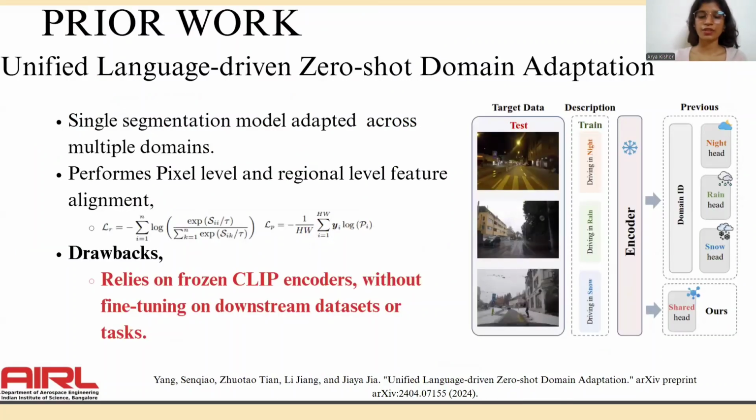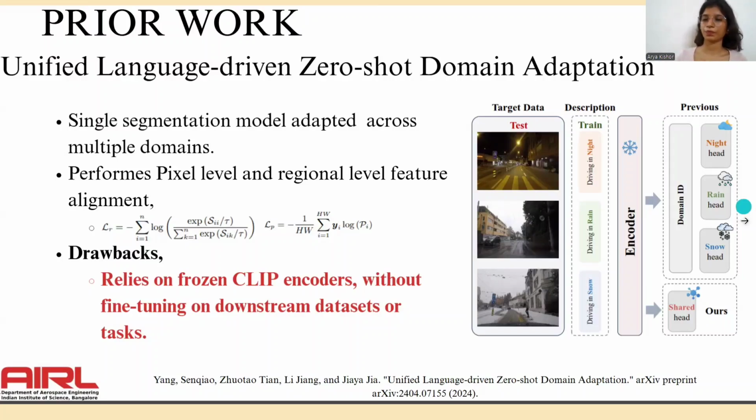Unified language-driven zero-shot domain adaptation, ULDA, is a segmentation model that adapts to multiple domains. Similar to PODA, it augments features and uses them for domain adaptation. ULDA performs regional and pixel-level alignment. These align the classes in a particular image in different domains to retain the correlation between the features. The drawback of this approach is that it relies on a frozen encoder and does not allow fine-tuning on the downstream